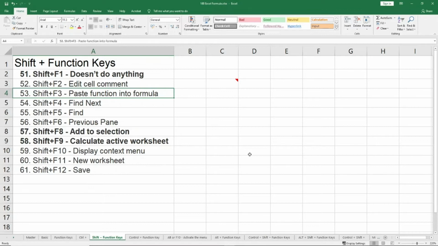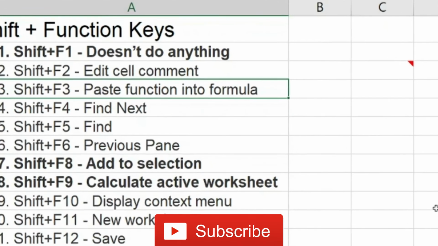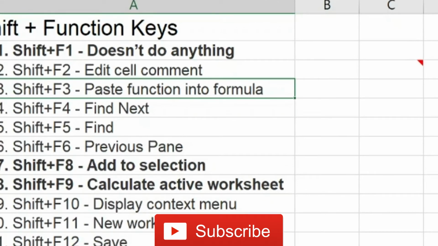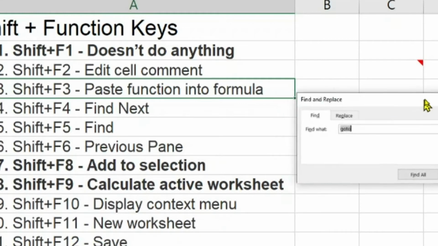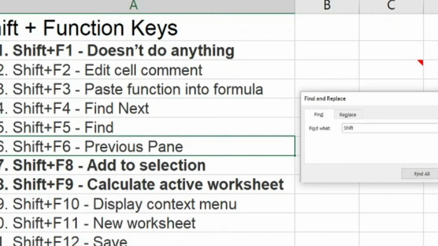Shift F4 and shift F5 is something which is basically similar to find and find next, which we would have done earlier. That means if I press Control F here in this window, I type shift and I say find next. So it will find shift in the cell which is after my current position. I say find next again, and so on.